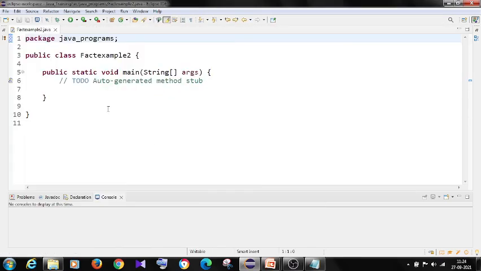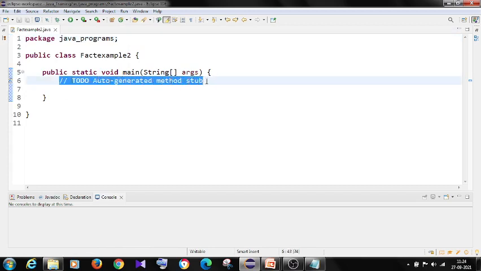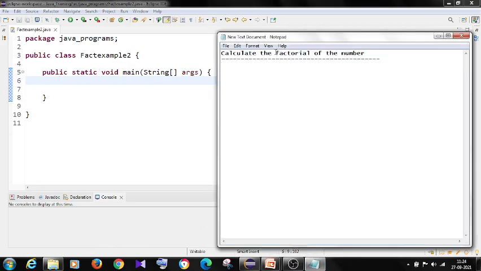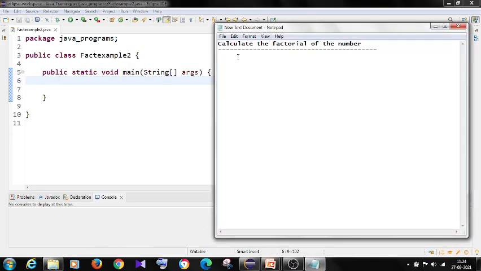Before writing the program, we'll understand what exactly the factorial of a number is. I'll have a notepad here. The factorial of a number is multiplying the number with all the possible smaller integers of the number.